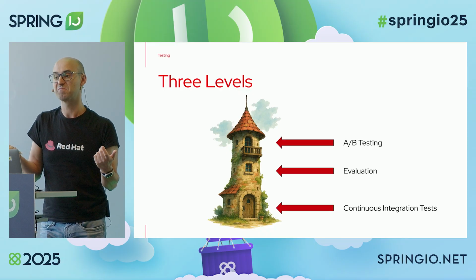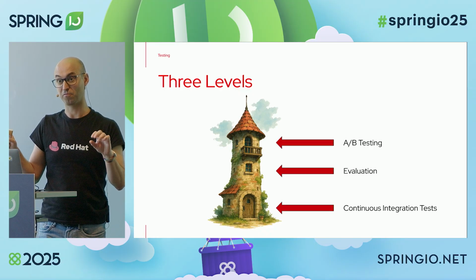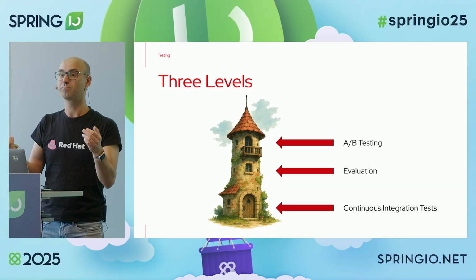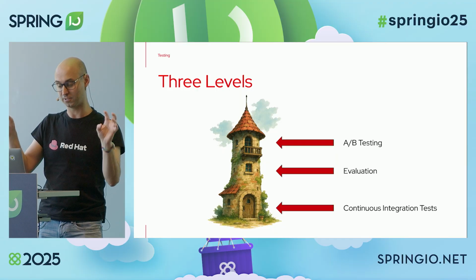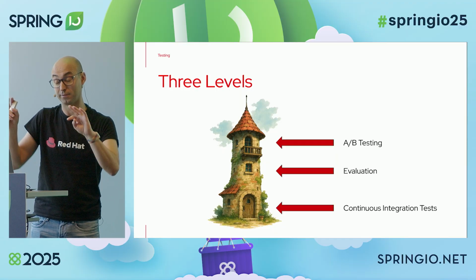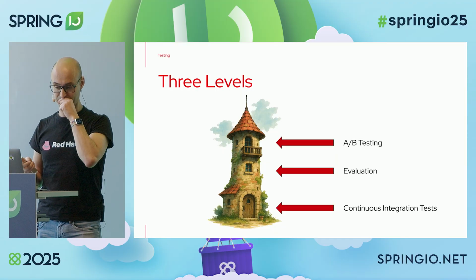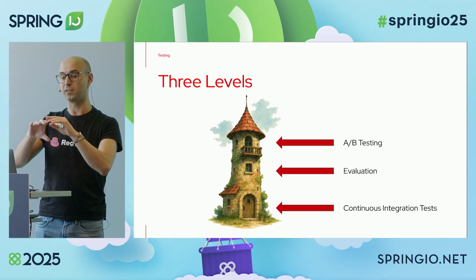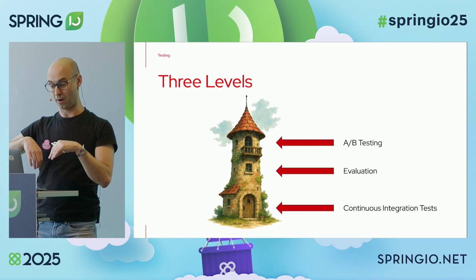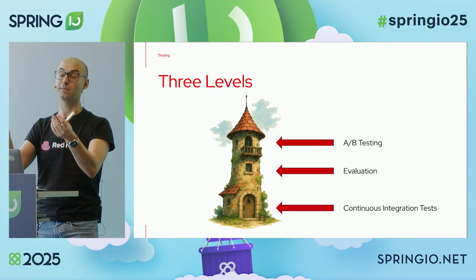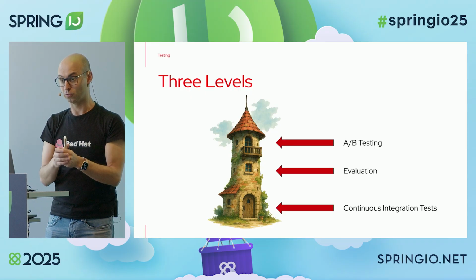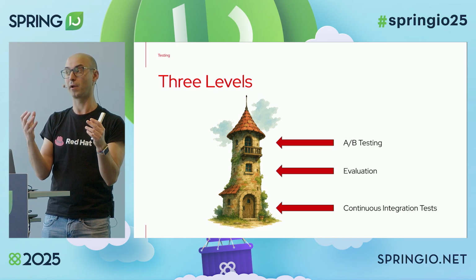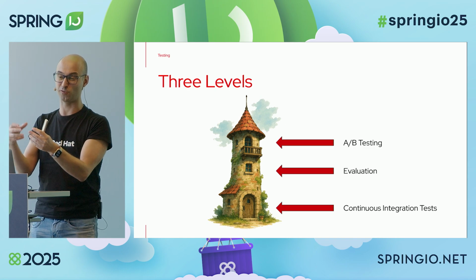So there are tests that are faster. I like to say they're like unit tests. They are not unit tests, I know, but kind of. Then the second level is the evaluation. Usually we've got all these unit tests written by the developers, and then if you think about traditional software, you think about BDD, right? Then you do some kind of behavior-driven development, or more like testing from the business perspective.